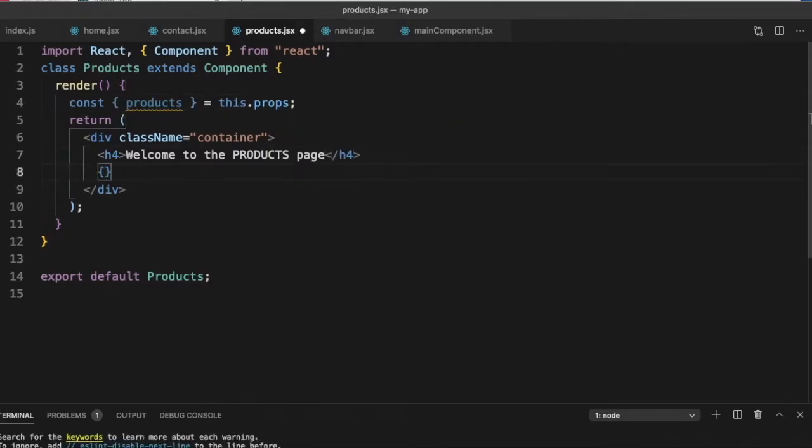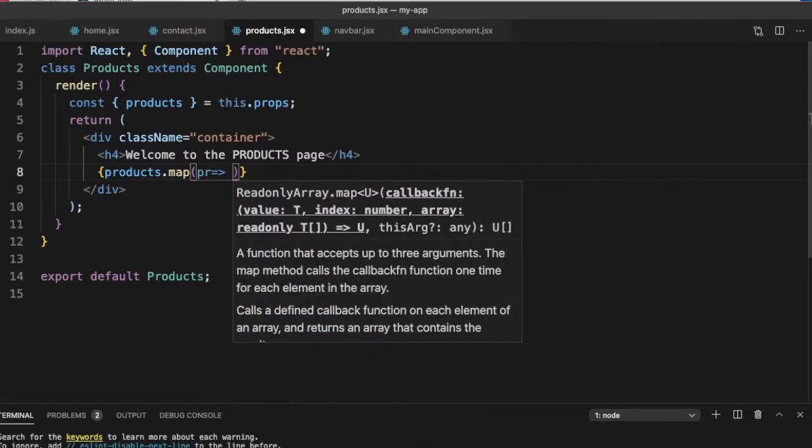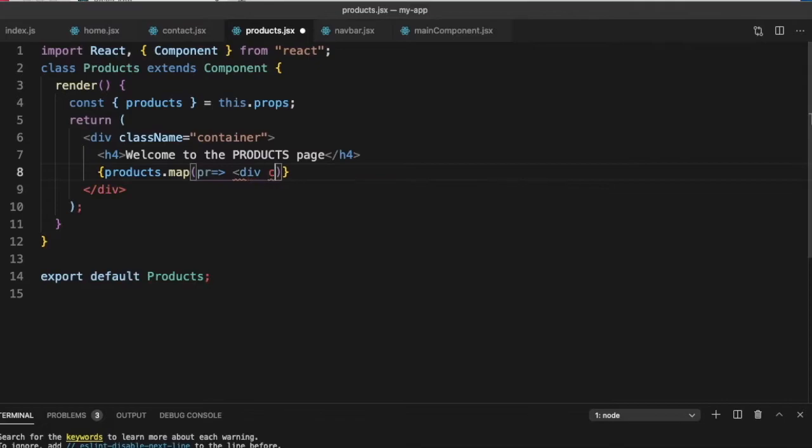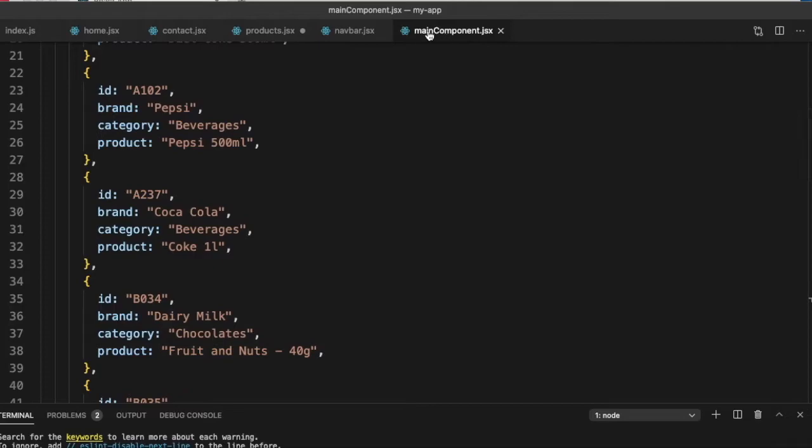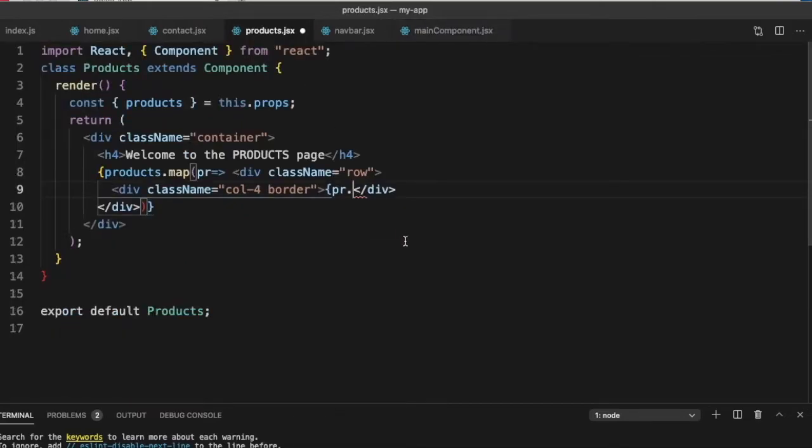And the standard way that we do it, we can just use a map, products.map, pr goes to, and here we can just use the standard pr.id, brand, category, and product.